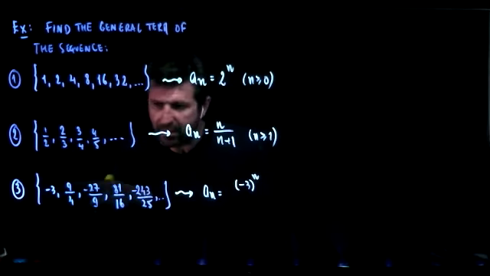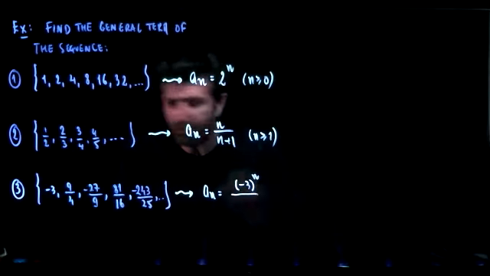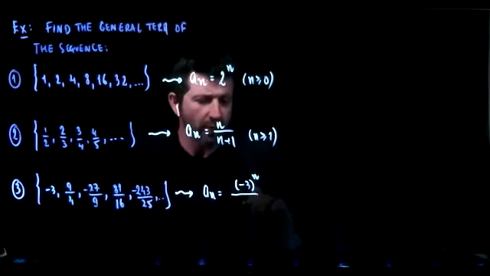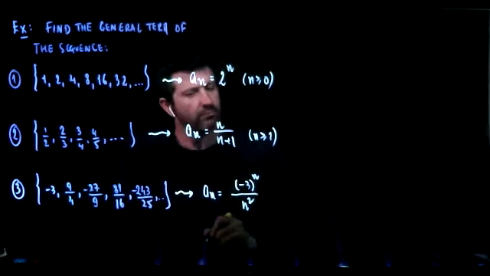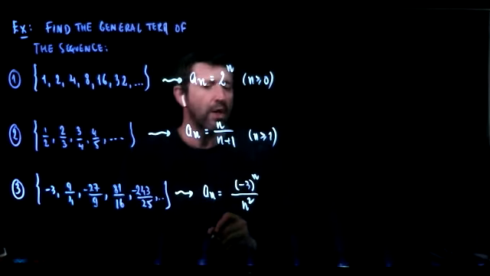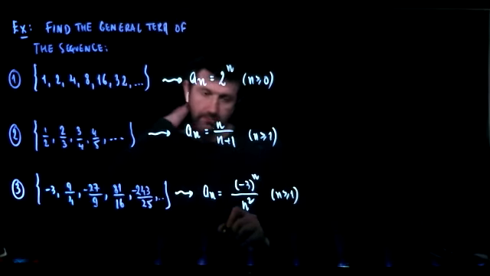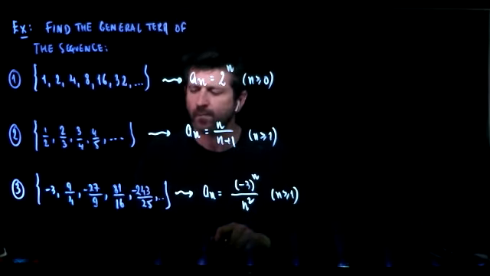So this takes care of the numerator. And the denominator is basically just 1, 4, 9, 16, 25, which is perfect squares. So it's n squared. And of course, n starts at 1. Any questions? Okay, that's the first